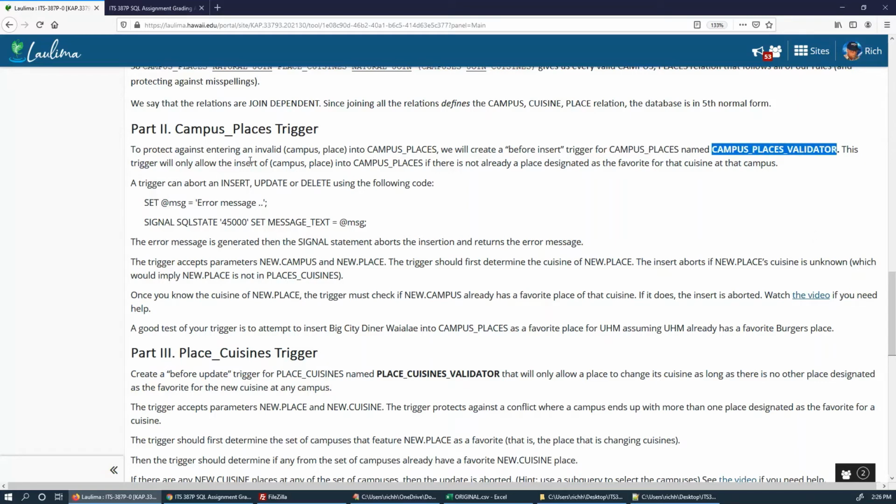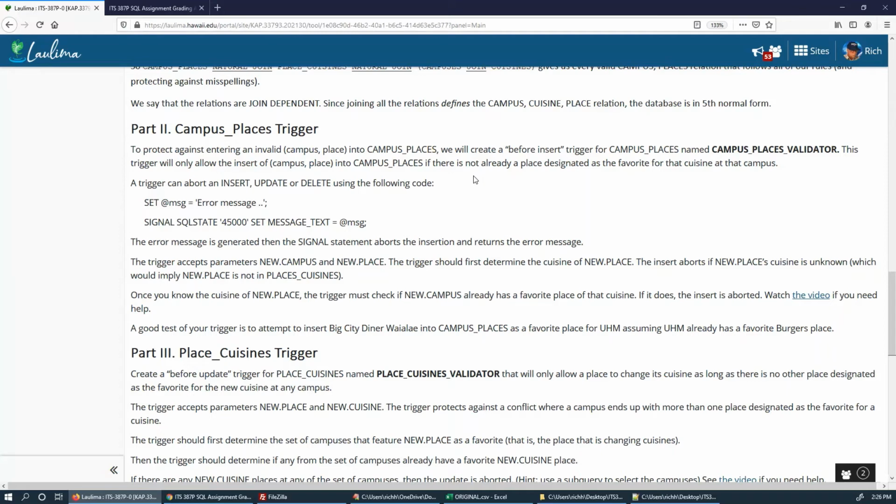This trigger will only allow the insert of a campus place into campus places if there's not already a place designated as a favorite place for that cuisine at that campus. See, so if KCC already has a favorite burger place, this trigger will keep you from inserting another burger place for KCC,